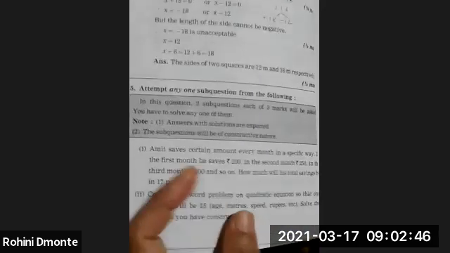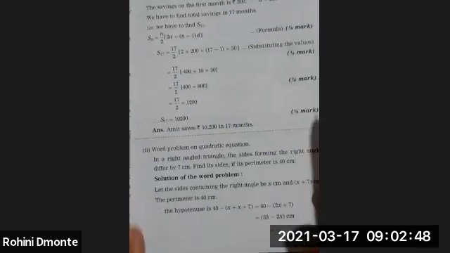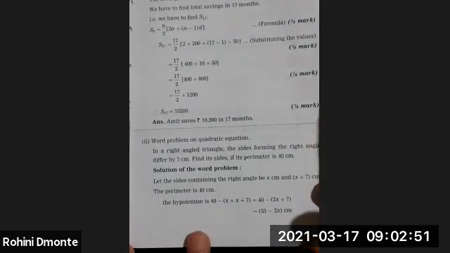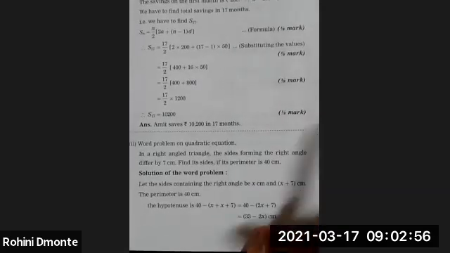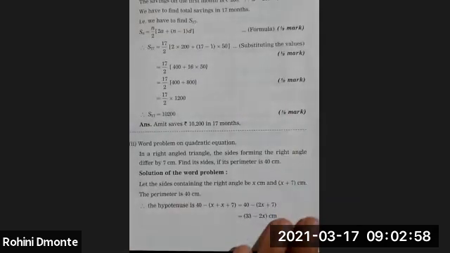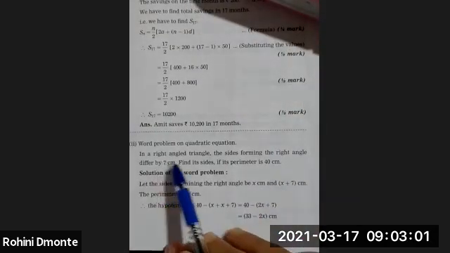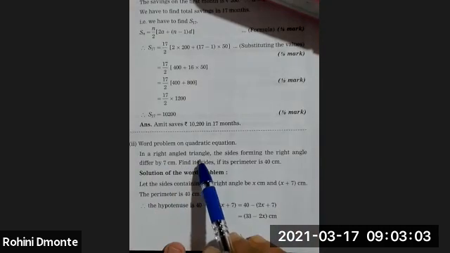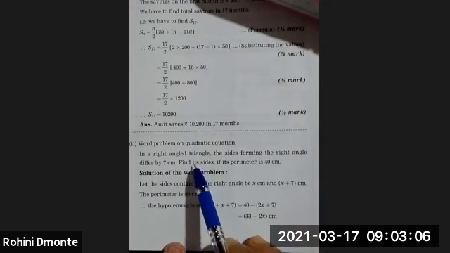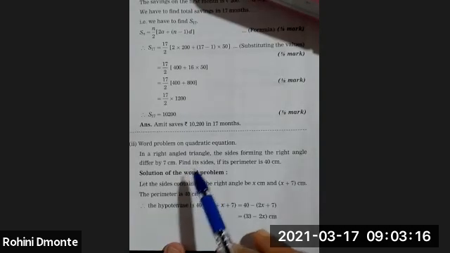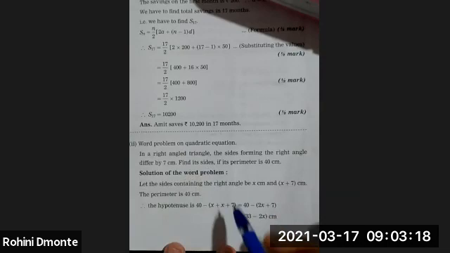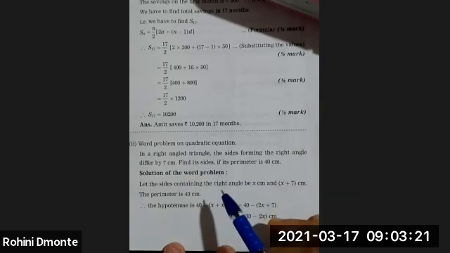See how they have constructed the sum. They want a quadratic equation, and one of the answers they want is 15. So what have they done here? They have taken a right angle triangle. You know that for a right angle triangle there are 3 sides: base, height, and hypotenuse, right? So they have assumed one of the sides is x and the other side differs by 7. And they have given one more quantity, that is the perimeter.